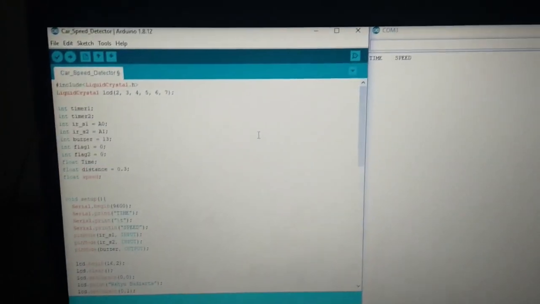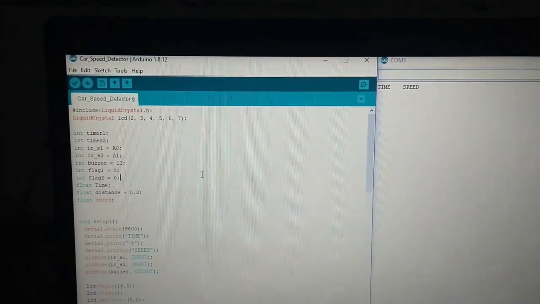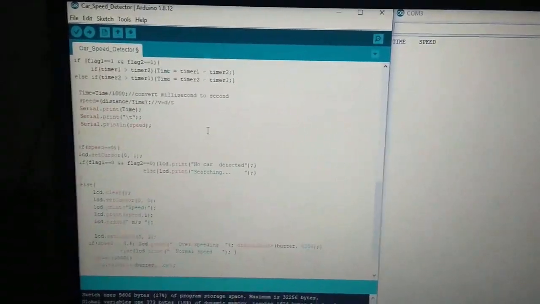Hello everyone, my name is Wahyu Budiarto, and this is my experiment video. First thing first, before performing the experiment, we need to check the coding. Then next we check the circuit and our design for the cables, so it will look a bit neat, and then the place for the LCD so we can easily look at it, then the place for the IR sensor.